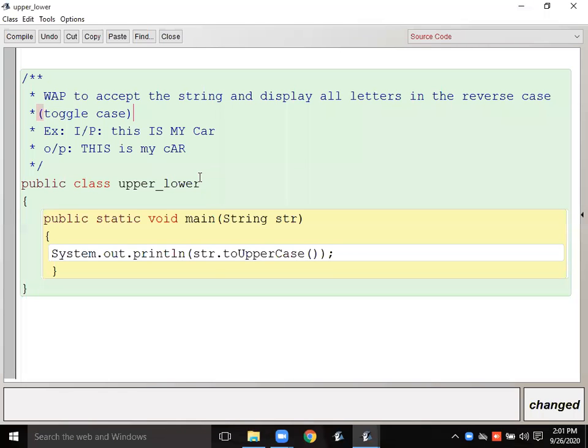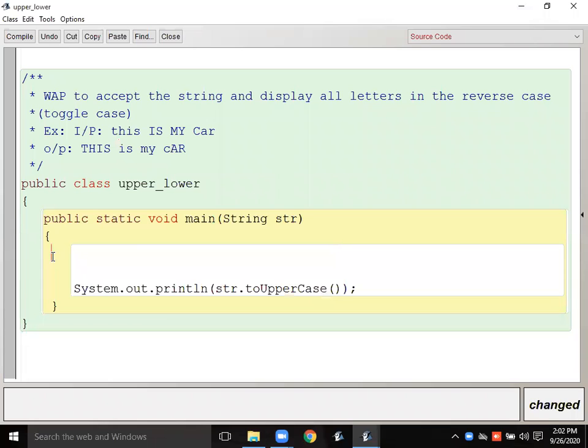Okay, understood the question. Whatever user is going to input, we have to convert that particular letter into that reverse order, reverse case. Okay, if this is in the lower letter, so I have to display this into the upper case. Then is in the capital, so I have to display in the lower. It is a capital, then the lower. C is only in the capital, so C only will be displayed in the lower letter. So what I will do for that? See that.